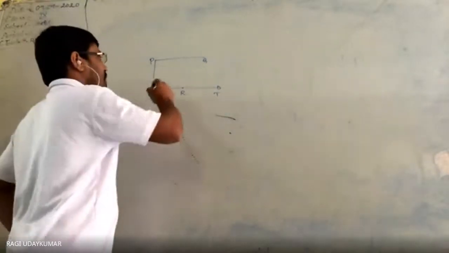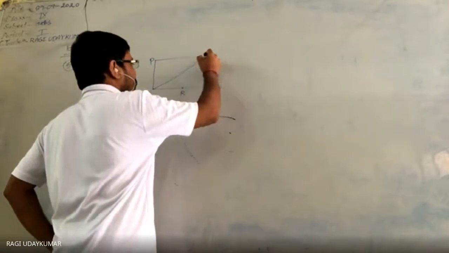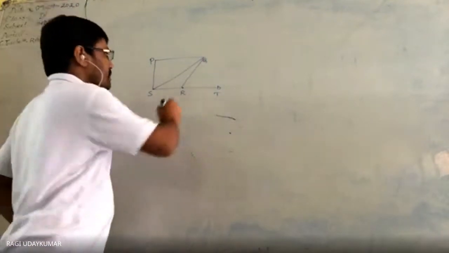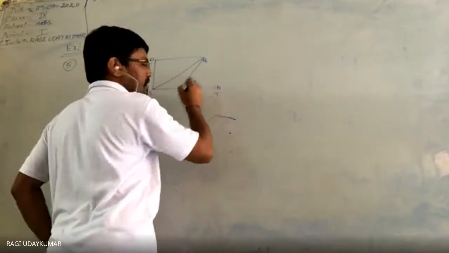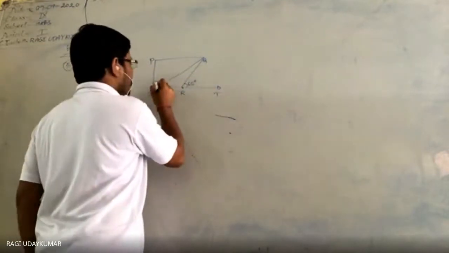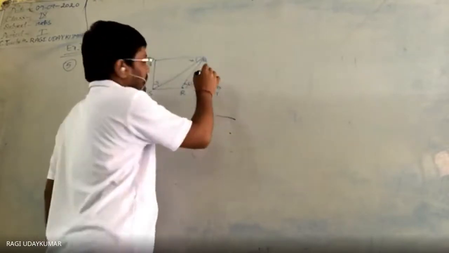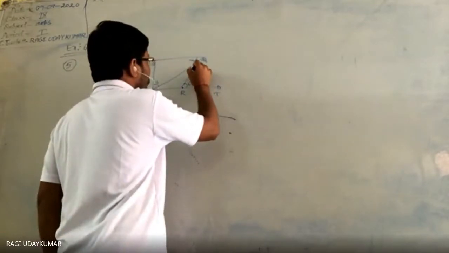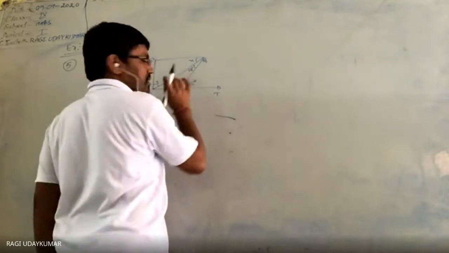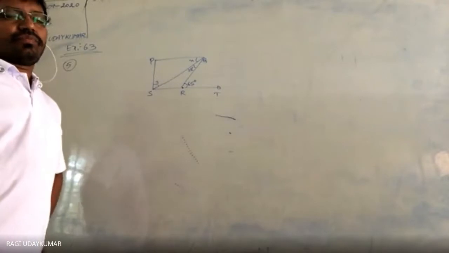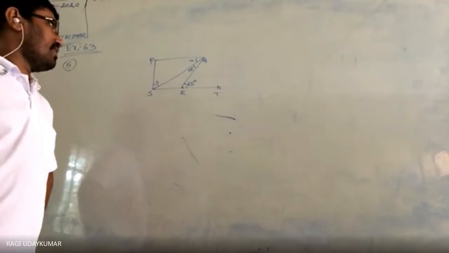Okay, so let us draw the complete figure from the question. Now here this angle is given to you 65 degrees, and here it is given Y, and here it is given X, and here this is 28 degrees, here 65 degrees. So find the values of X and Y.